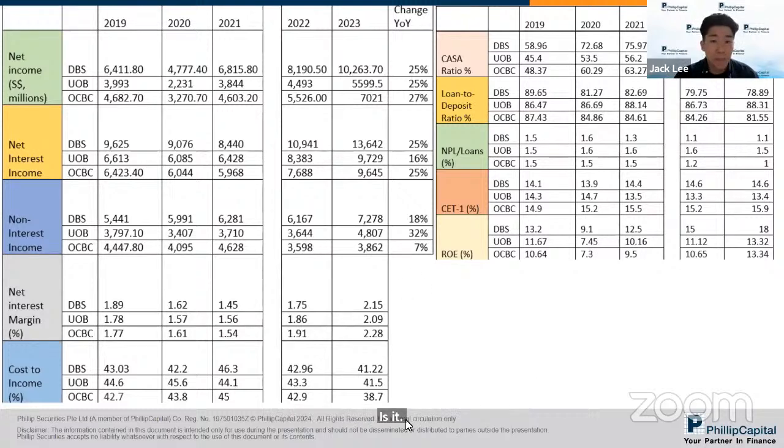So this table right here, I retrieved from Bloomberg, is annual statistics. So you will see 2019 to 2023. We don't have 2024 because we only get the data next year or at the end of the year. So right now, the latest data is until 2023. For this data, we can determine the long term for the bank, but not the short term, okay? And we can know how DBS, OCBC, UOB are performing over the years.